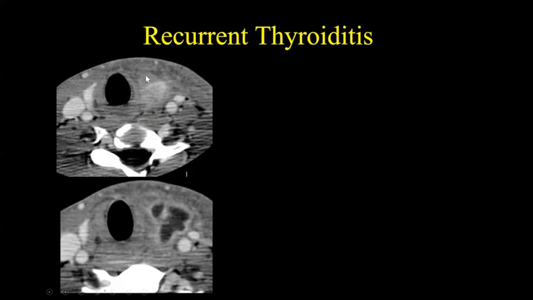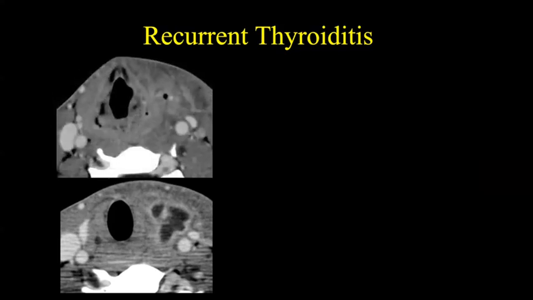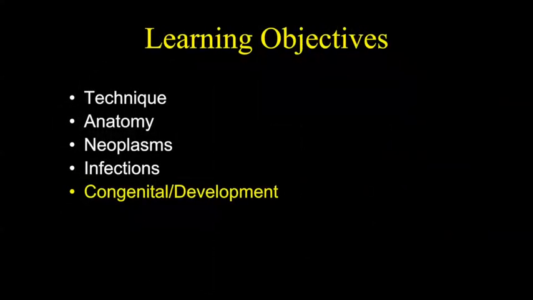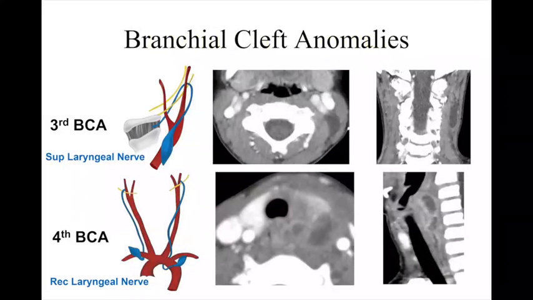So this was a patient that had recurrent thyroiditis. Now, I put this in the infection category because there is a pathology that can cause recurrent thyroiditis. Once this patient was treated, we saw a small little area of air right here. And this little area of air is due to a fistula from the piriform sinus that communicates with the thyroid gland. And so we're now going to change to congenital and developmental lesions,